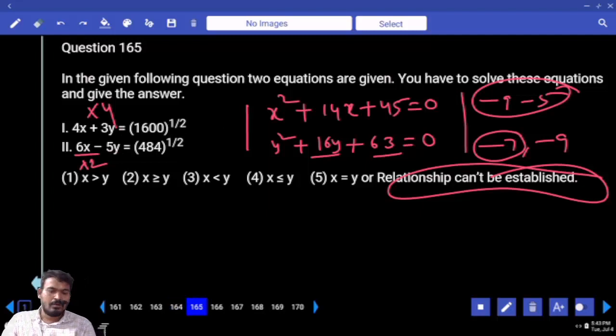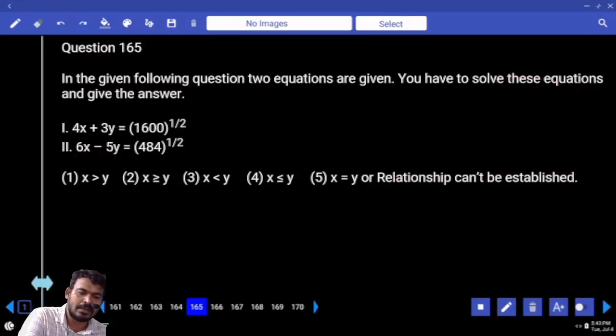165. What is the right hand side value? 1600 power 1 by 2, that is, consider the square root of 1600. How much value are we getting on the right hand side? 40. Second one, 4 root 484. That is